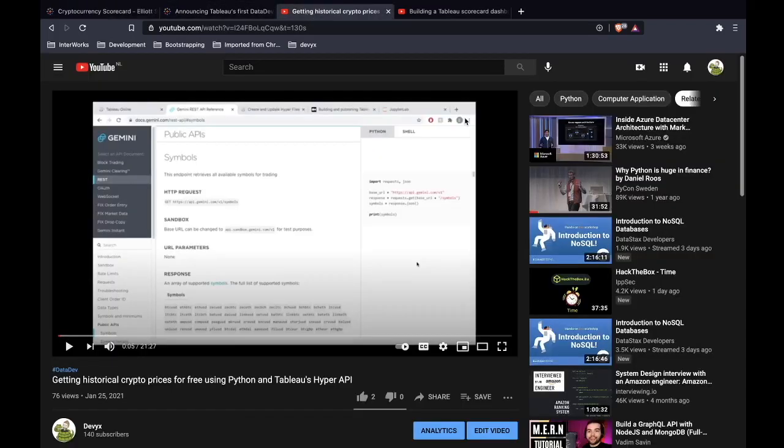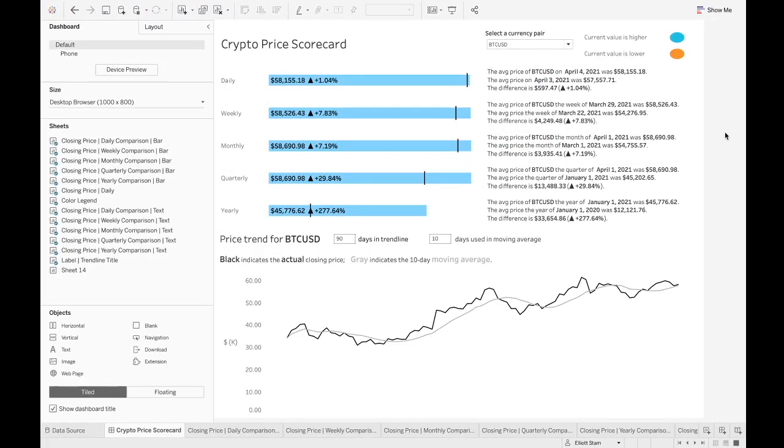So before we build the data source, it's worth pointing out that all of the data that I'm going to be using here, and that this dashboard uses, there's a video on how to generate that data for yourself. You can go out to my YouTube channel, and this will actually be linked in the description of this video, but there's a video called Getting Historical Crypto Prices for Free Using Python and Tableau's Hyper API that you can check out and follow along, and you'll end up with the exact same hyper extract file that I have in this video. So with that said, let's hop into Tableau Desktop and take a look at this